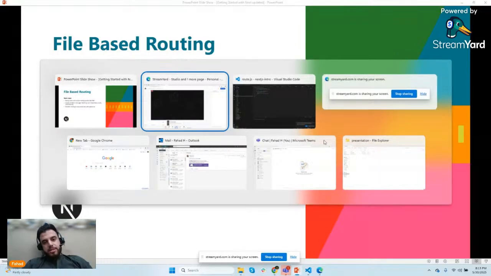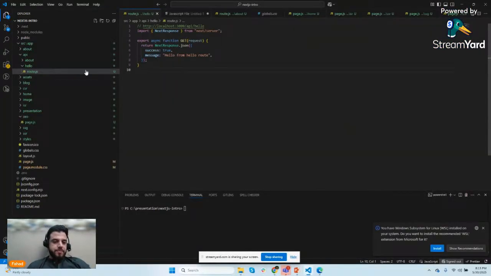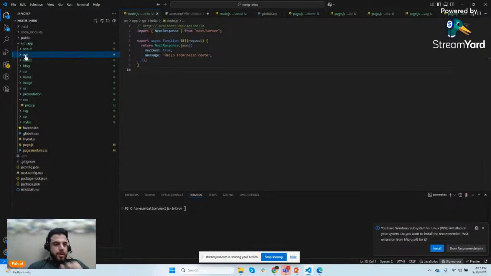So let's go into the coding part. So in order to make a route,